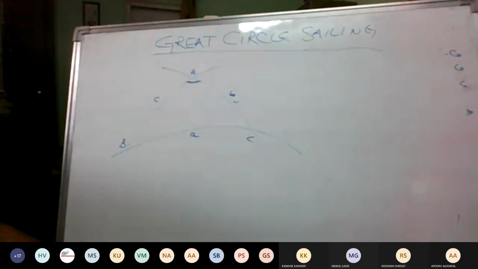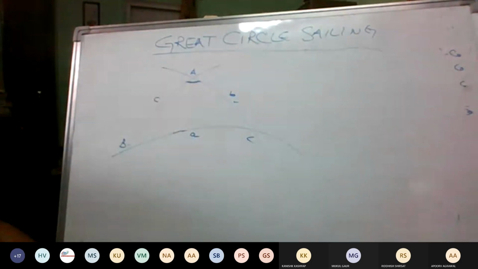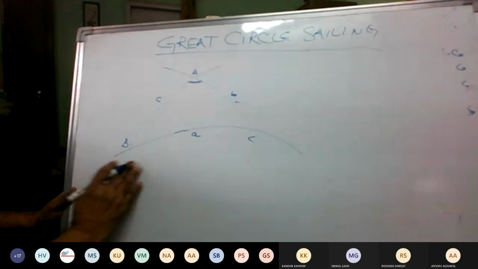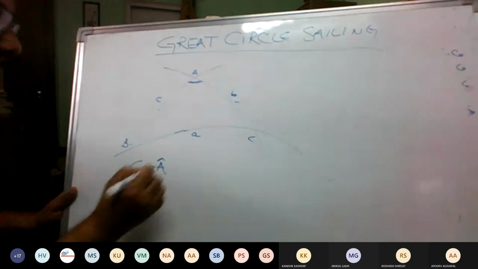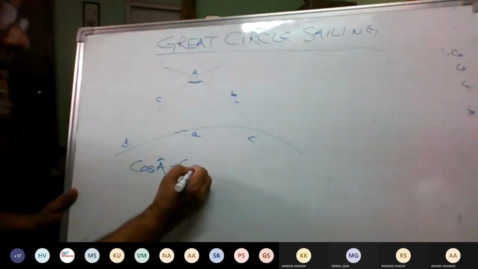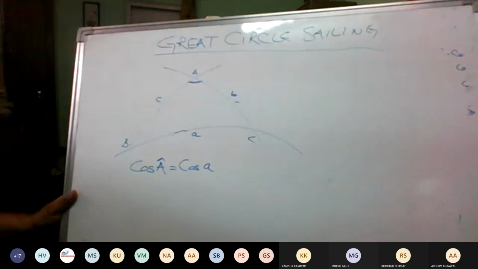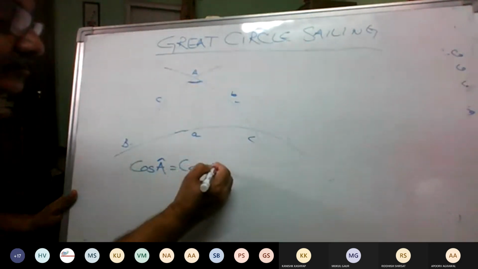When all three sides are known, we can know any angle by using the cosine formula. What is that formula? Cos of any angle is equal to cos of the opposite side,